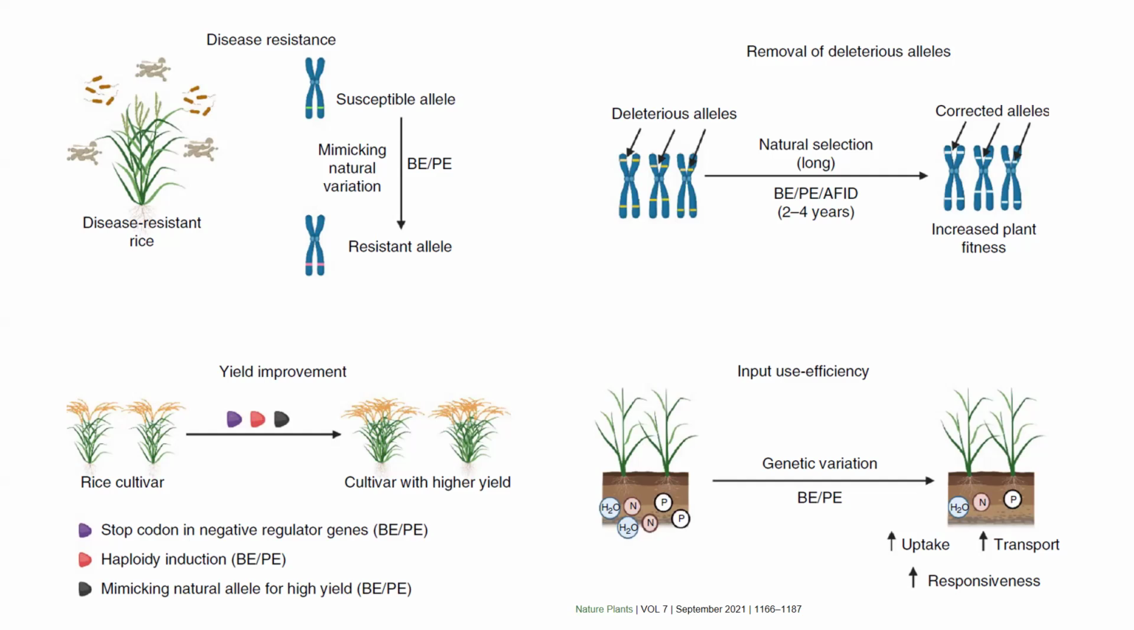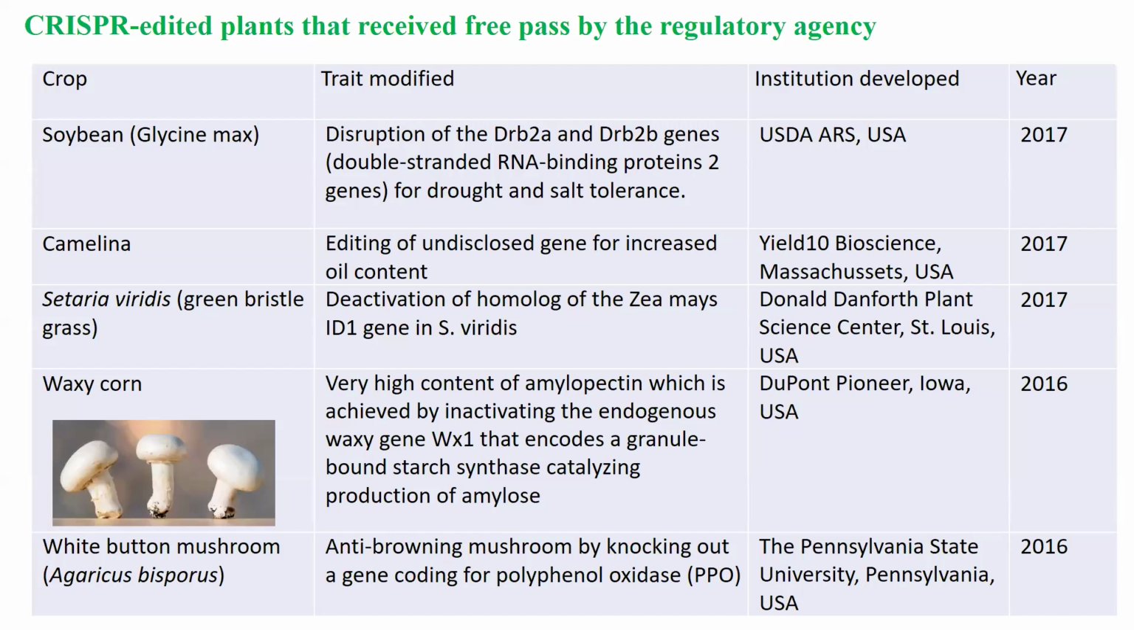So it is the brightest example of biofortification by using genome editing, gamma aminobutyric acid containing tomato. So there are several crops now in the commercial market that are edited. For example, drought-tolerant soybean, camelina, an oil containing plant, editing of an undisclosed gene, because this company didn't disclose, for increased oil content, and Setaria viridis, green bristle grass,